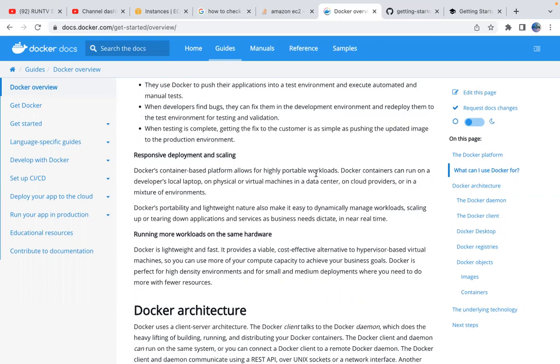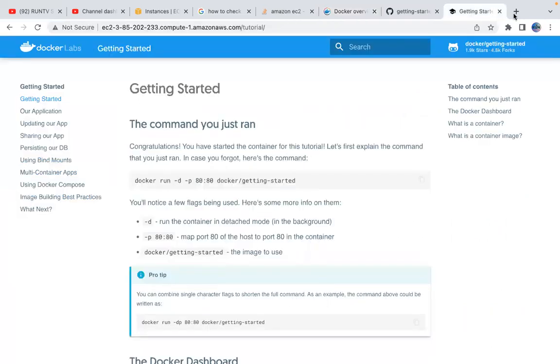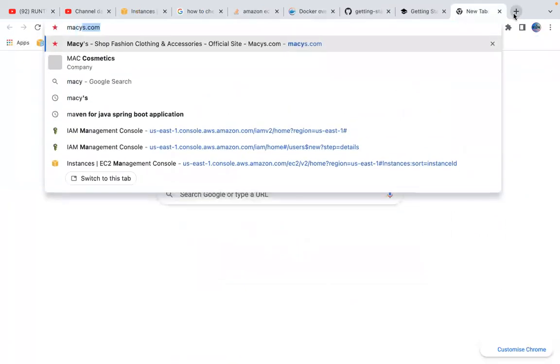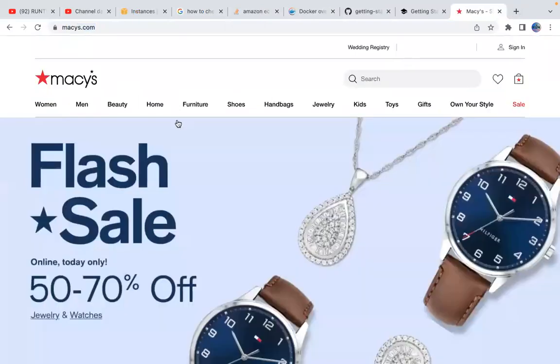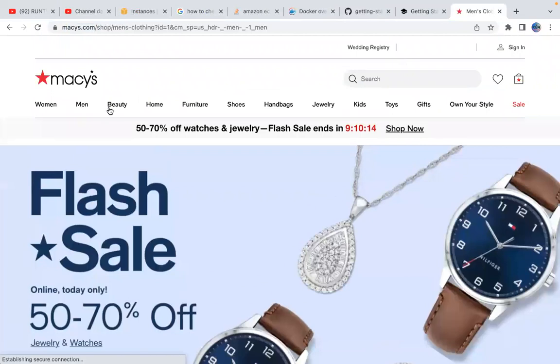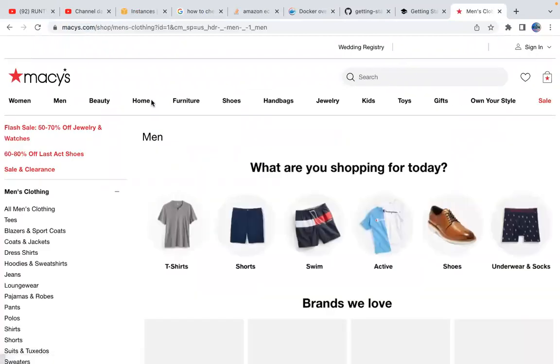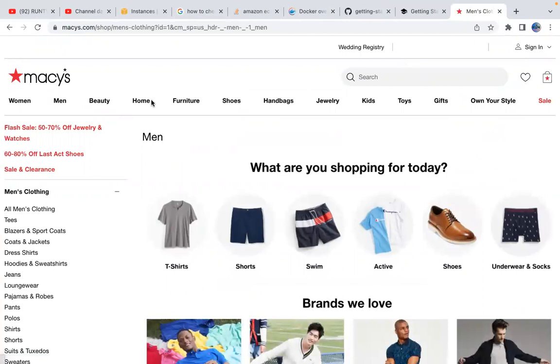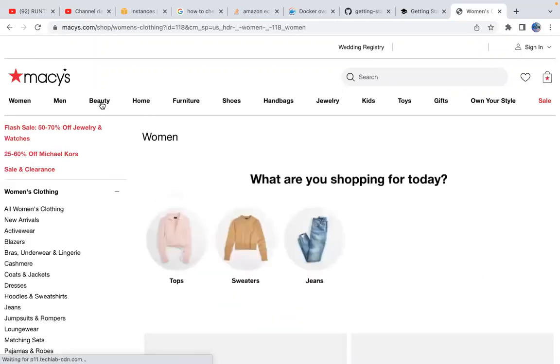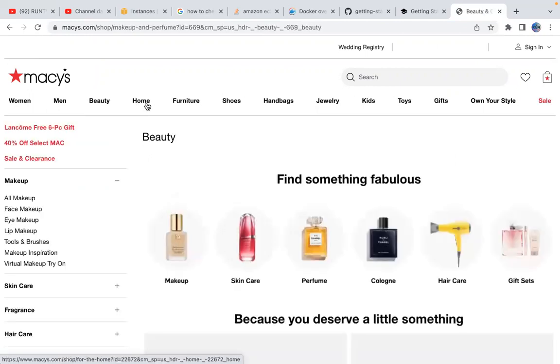For example, let's say I have Macy's.com. Each one of these tabs, men, women, beauty, home, look at it as an application. Take it that you are an application developer, even though we are not software engineers writing application code, and each of these tabs is an application.